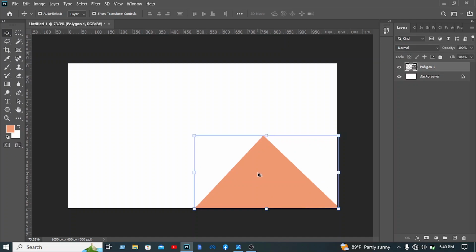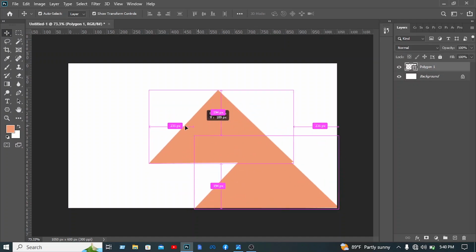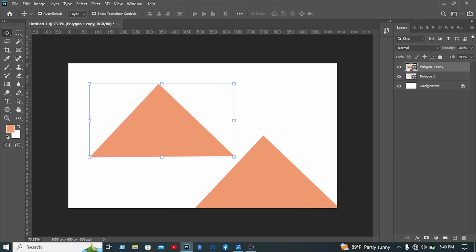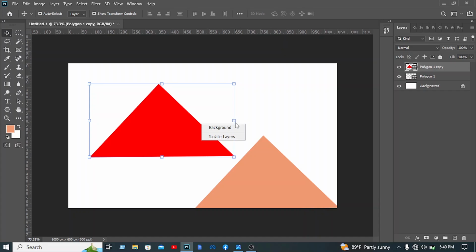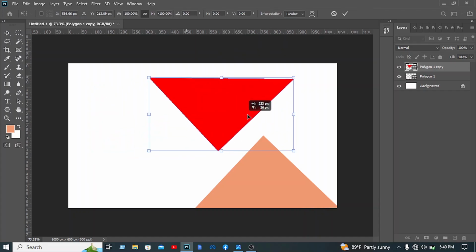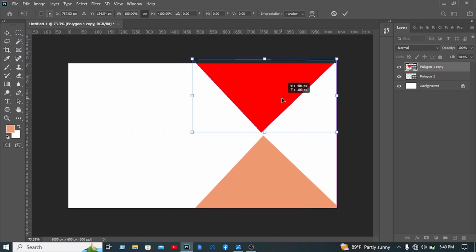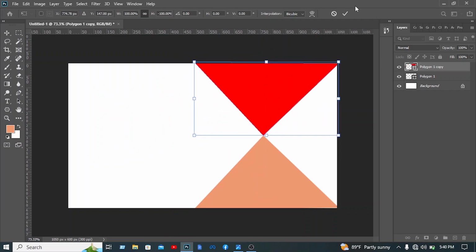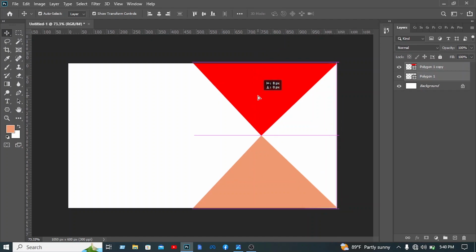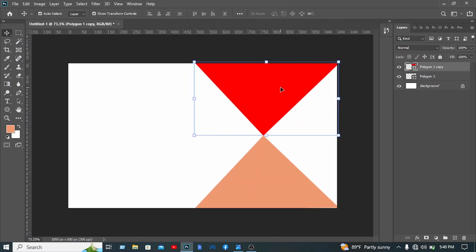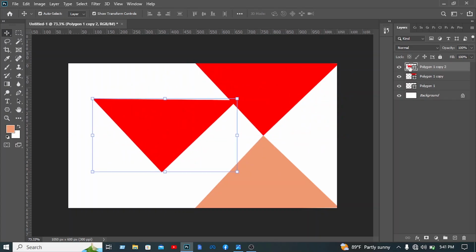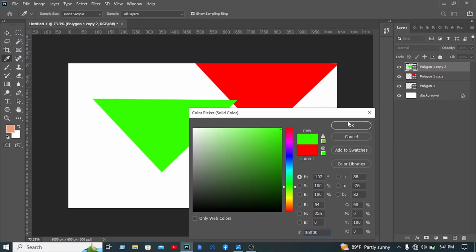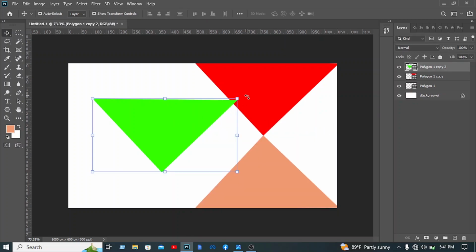Then select this, then press and hold Alt key, then take a copy from this, then double click on here, then select the red color, then click on the OK. Then you have to click on the anchor point, then right click on this, then click on the flip vertical. Then you have to drag this in here, then select this layers, then drag this layers in here, then select this layer, then press and hold Alt key, then take a copy from this, then you have to double click on here, then select this color, then click on the OK. Then you have to rotate this,